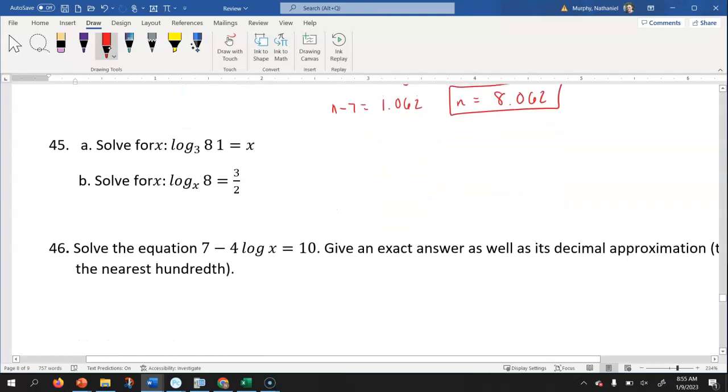All right, let's look at 45. So 45 has 2 parts to it. So in the first part, part A, we're just going to simply figure out what log base 3 of 81 is. Remember, if I'm going to do that without using a graphing calculator,